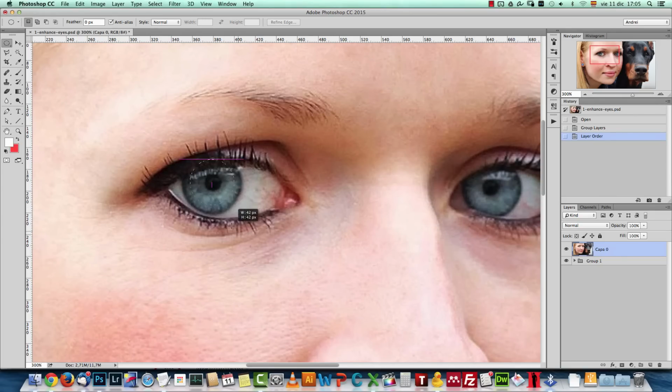And by holding these two keys, you can see we can constrain the proportions, we can create a perfect circle, and also we are expanding the selection from the center, from the point where we clicked. And we will select the entire eye like that. And when you're ready, just let go. And now we have to exclude this top part from our selection. And in order to do that, we have to change the selection mode here on the top and put it